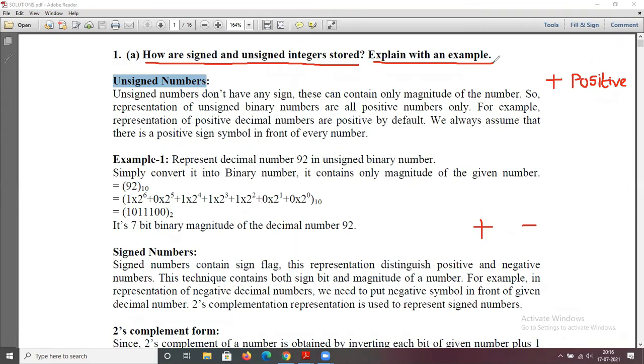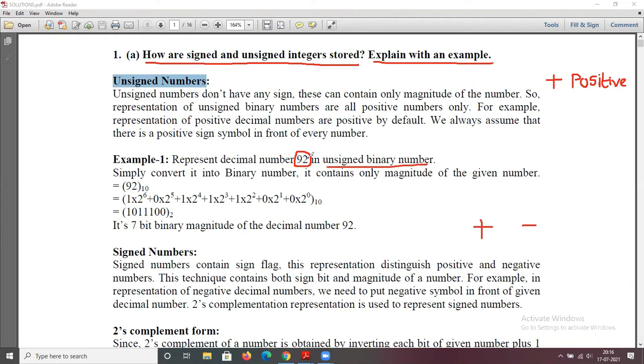If it is an unsigned number, whatever you store is a positive number. For example, I want to store 92 as an unsigned binary number. How can we store it?